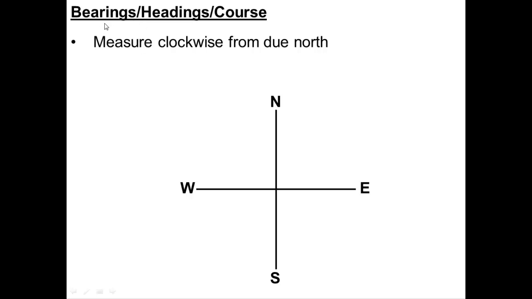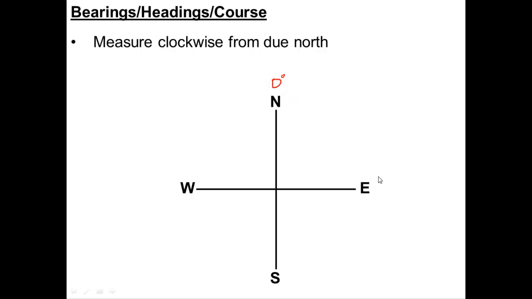Now, whether you hear the word bearing, heading, or course, these all mean basically the same thing. They have to do with navigation. Now, occasionally you'll be given no direction whatsoever. You'll just be told that you have a bearing, a heading, a course of so many degrees. If you're not given a direction, then what you go ahead and do is assume that north is 0 degrees,